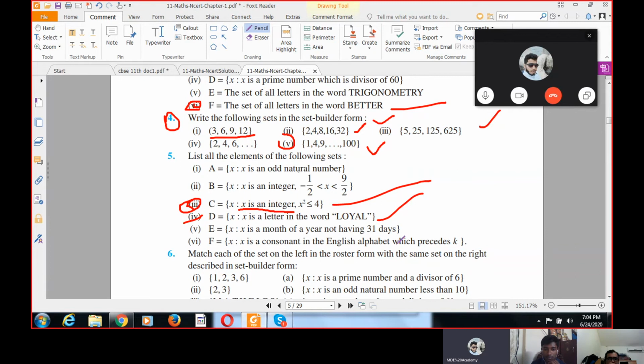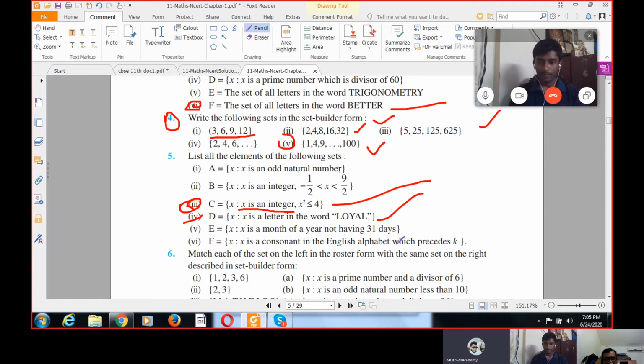How many questions will be asked in JEE from this? From this one, especially sets, two or three only. You have to practice a lot, Arun. Okay, sir. This speed is not enough.